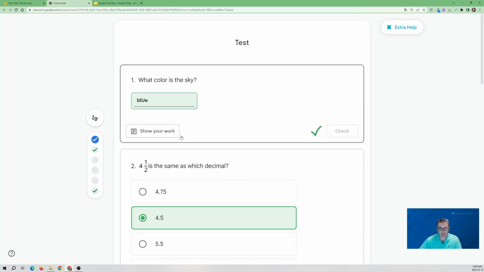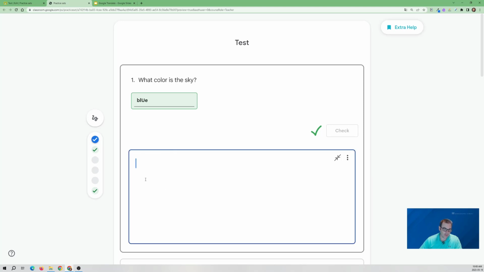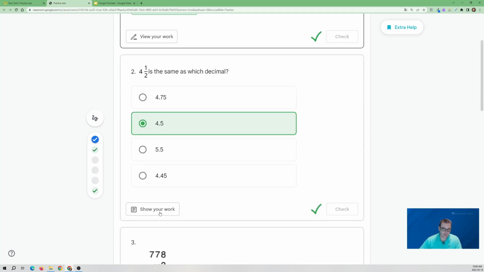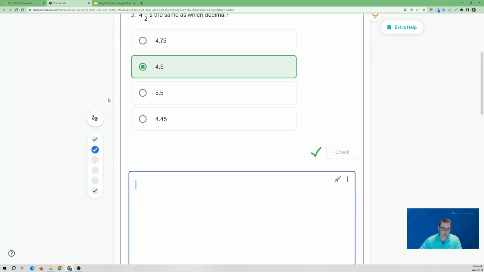What's really interesting is if you do want to do more complicated work, the students do have the ability to click on show your work. And if they have a touch-enabled device, which would probably be the best for this, they can go ahead, in this case, they can type in to show their work. How did they get to that answer, right? And if they come into here, they can go ahead and do one of two things. They can type an answer, or if they click the squiggle, they can actually ink an answer, and they can actually show you,